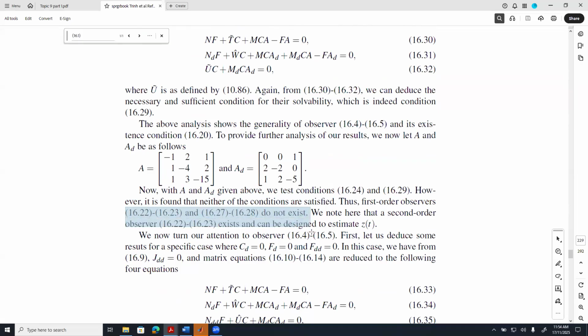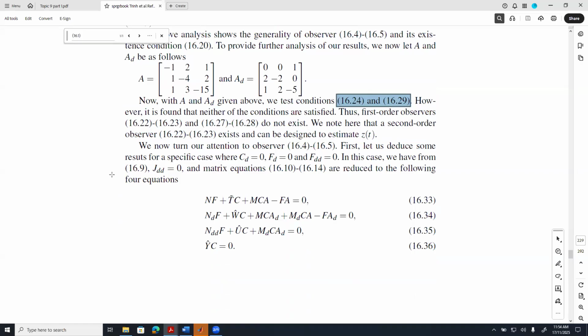Of course, another point here is if we increase the order according to the augmentation approach, we can design a second order observer. But that's not the point of the discussion in here. What we're saying here is if we test the first order observers based on conditions 24 and 29, they do not exist. Now, what we can do is say, okay, how about we